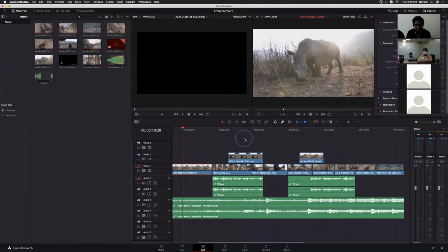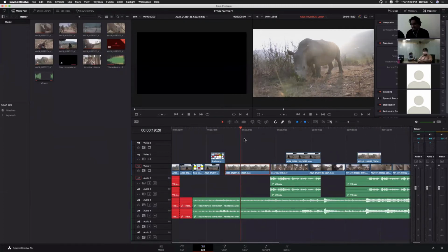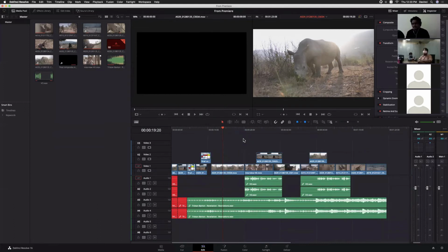Now, what if you want to save everything for archiving purposes? Like we use media management, right? Whatever clips we are using in our timeline, we try to save only those clips along with the project file for archiving purposes. The media management option in Final Cut Pro 7, I think by right-clicking itself, we can get that option. So what if you want to do that media management? Instead of relinking, I'm just deleting these clips.